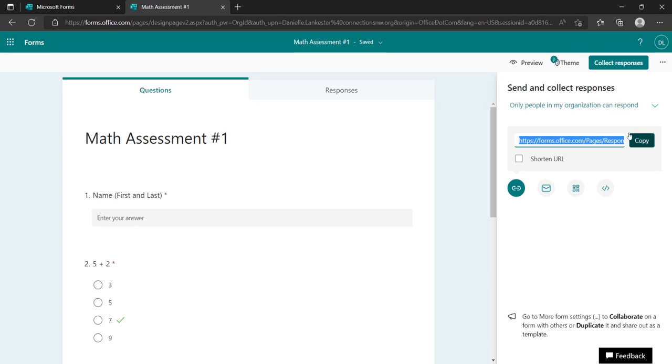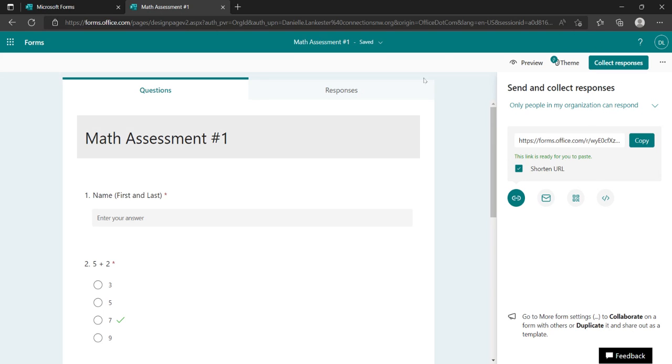It is a little bit long, so you can choose to shorten the URL, and it makes it slightly shorter. For instance, if you were going to write that up on a whiteboard at school when you're in your class, that is an option that you could do. It takes them to the same website. And just to show you how that works,